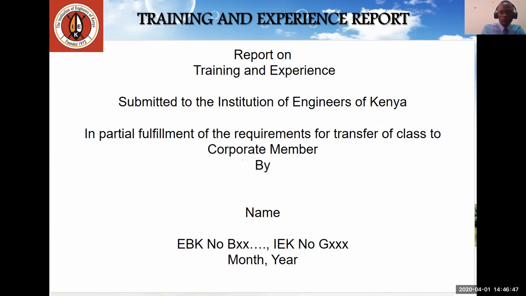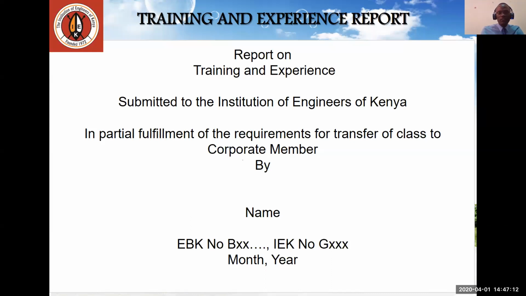All we require you to do is just copy and paste this in your document and put the title of your training and experience here, put your name, and then indicate the EBK number and the IEK number, and the month and year of submission of this report, either to IEK or to EBK.